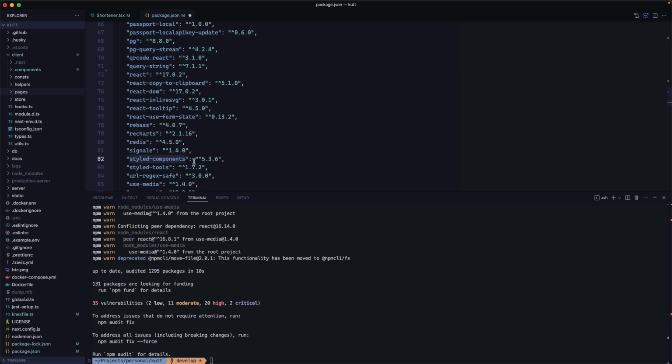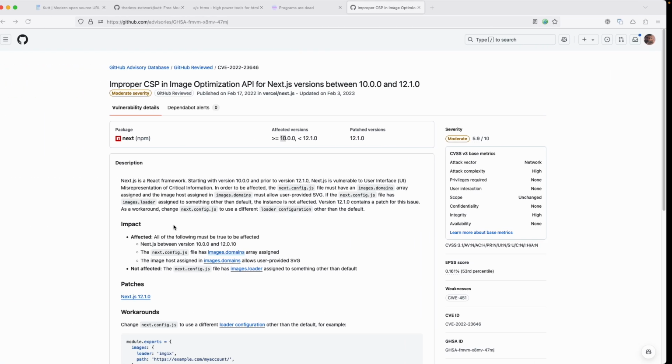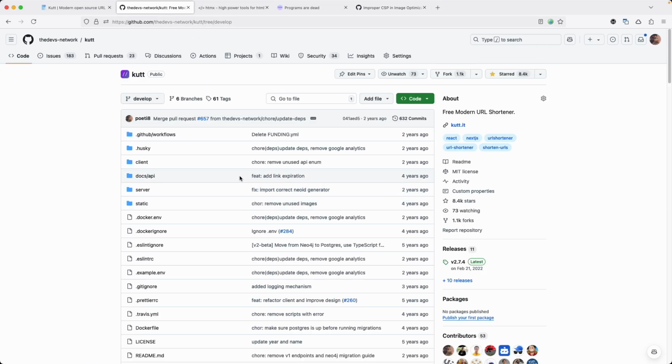So basically I have to refactor my whole app just to be able to work on whatever I was going to work on, or just simply to start my app. This is not a one-time thing. I created Cut over 7 years ago, and I come back to work on this project maybe once or twice a year to address some issues, pull requests, and stuff like that. And what I just showed you basically happened every time, and that's what I had to deal with again